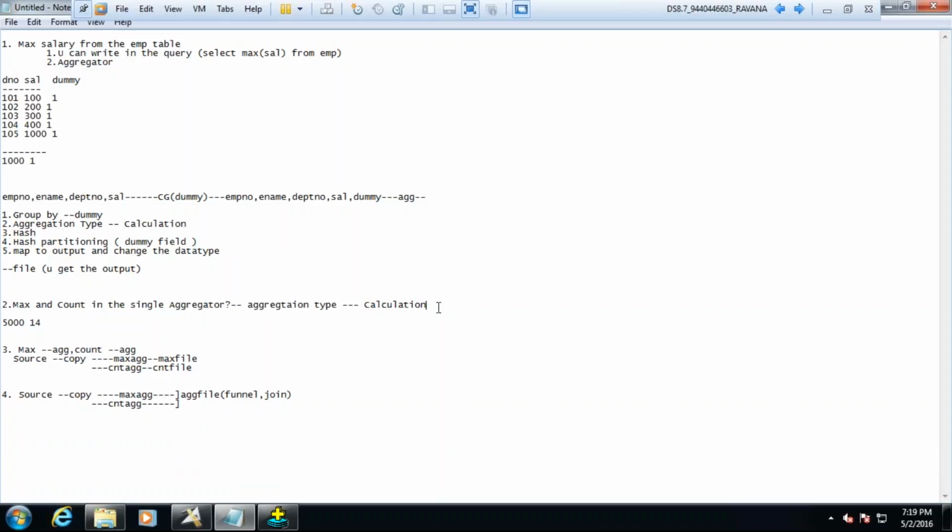How can you use recalculation? Naseem said we need to use recalculation for the sum. For the max, now how can you use recalculation in the single aggregator? Is it possible, Nasir sir? Is it possible to have two different types? No, sir. Right? Then no recalculation. So I need to use only a calculation.